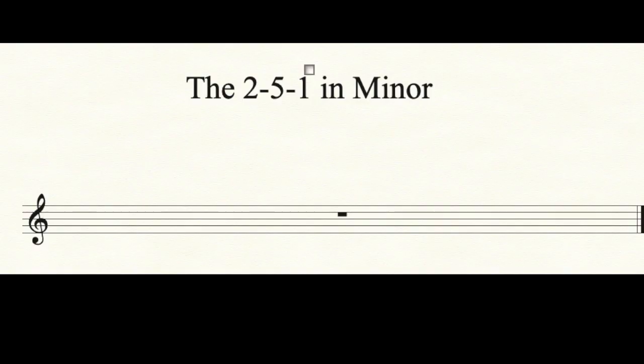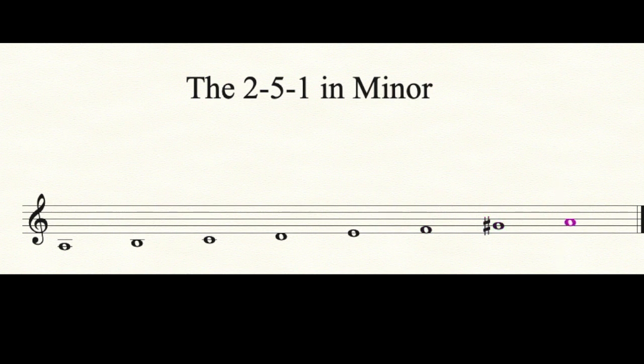Let's look at the 2-5-1 in minor, okay? And we're going to do exactly the same protocol as we did before, and that is we are going to play up the scale. And this time, remember, we're using the harmonic minor scale, okay? And the harmonic minor scale is the same thing as the C major scale. It's the same key signature, but what it has is a raised seventh,